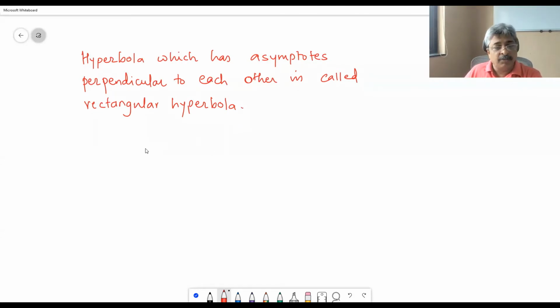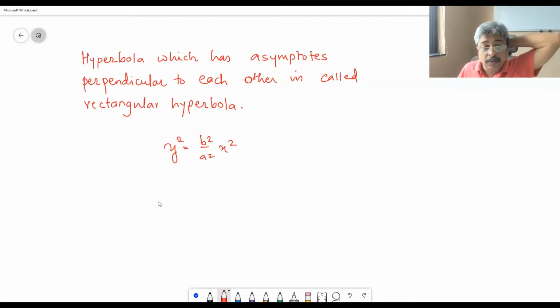So, perpendicular asymptotes. The joint equation of asymptotes we had written last lecture was x square upon a square minus y square upon b square is equal to 0. Is that correct? That was the joint equation of asymptotes. So y square upon b square is equal to x square upon a square, and therefore the two asymptotes that we had were